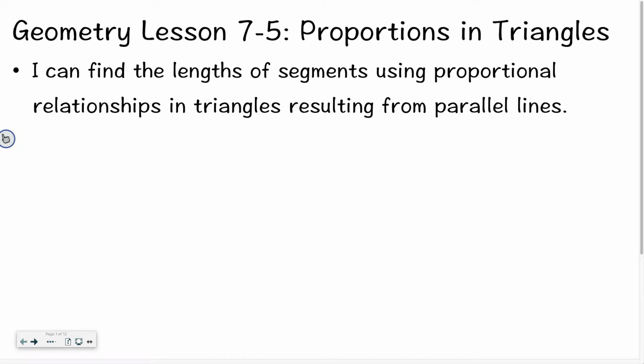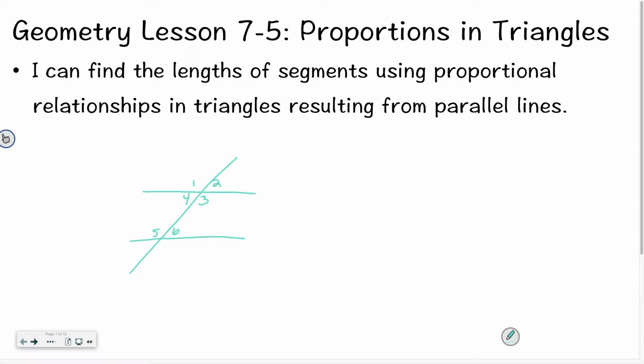Hello class, welcome to Geometry Lesson 7.5, which is all about proportions in triangles. By the end of this lesson, you should be able to find the lengths of segments using proportional relationships in triangles resulting from parallel lines. So that means some important information to remember would be our